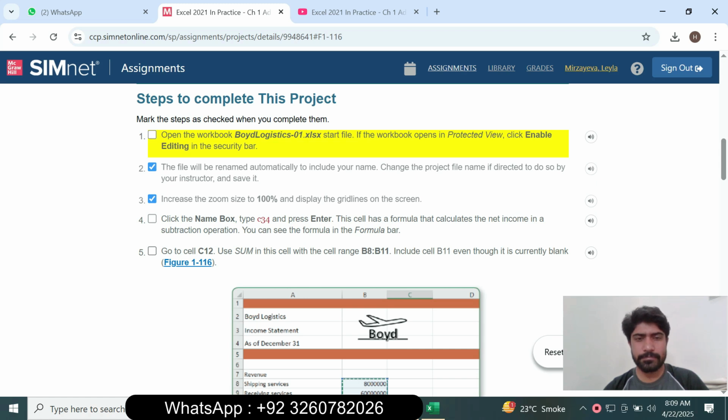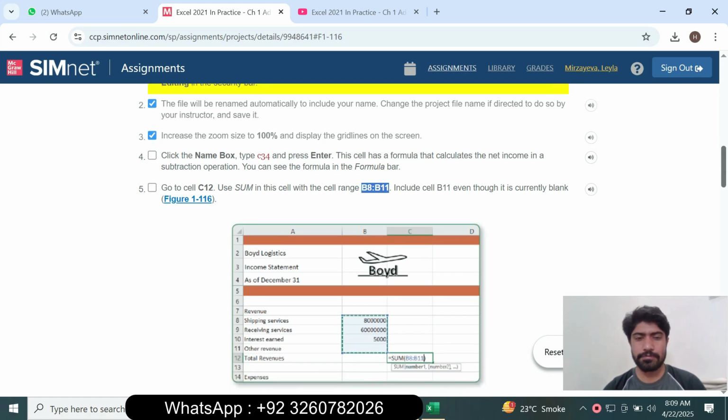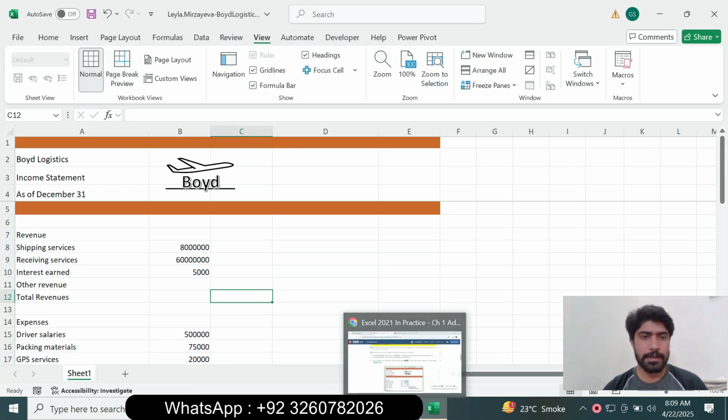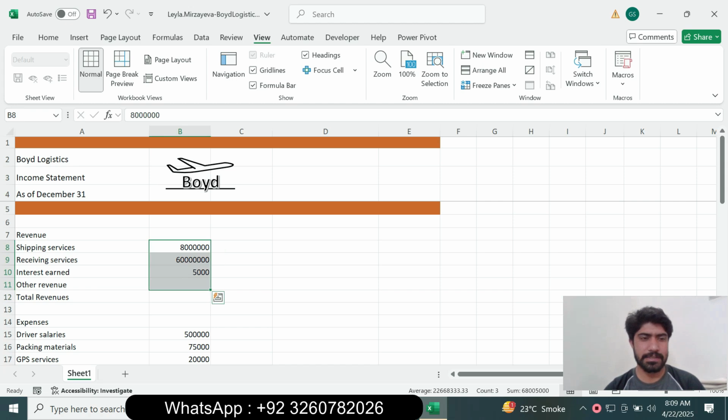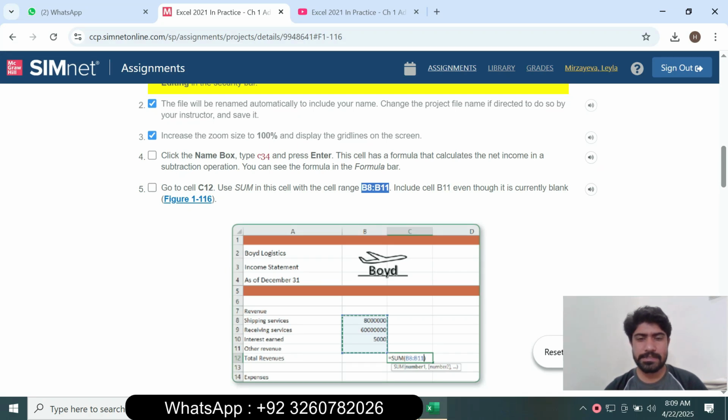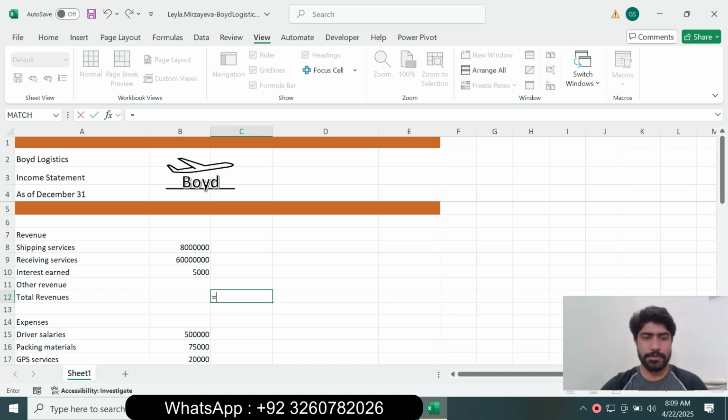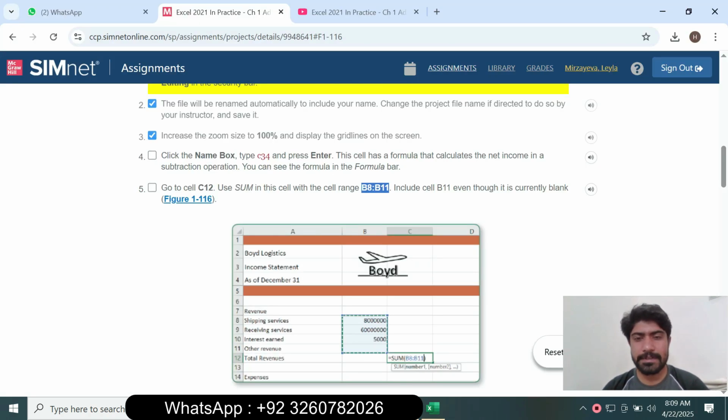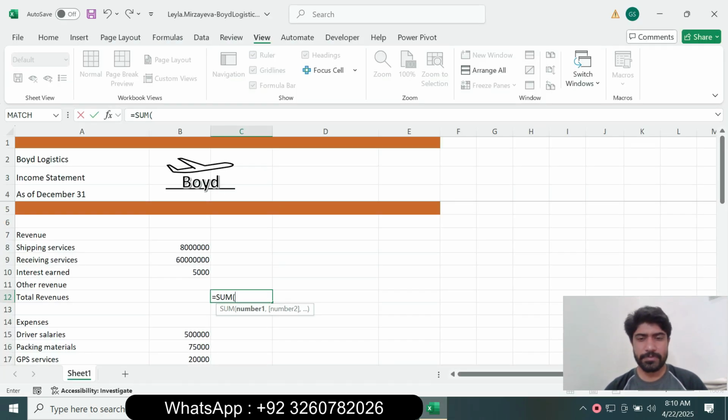Select C12, type equals and the SUM function, insert the range B8 to B11, including B11 even though it is currently blank, and press Enter.